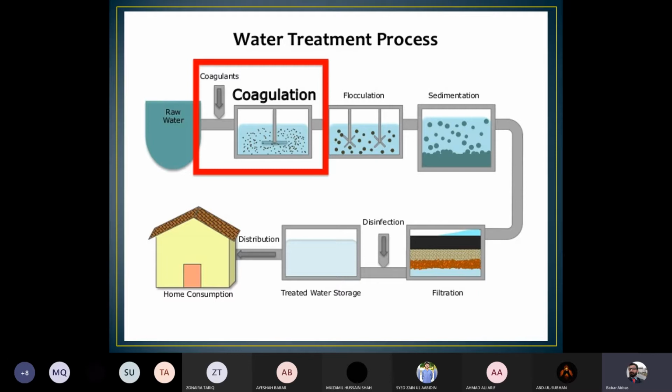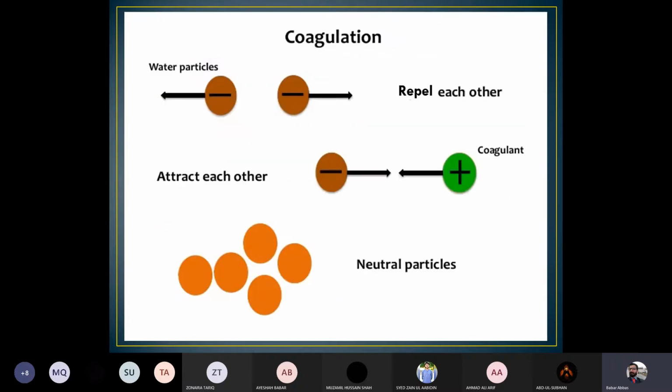The basic definition of coagulation is the rapid mixing of chemicals in the water, which is then sent to the flocculation tank where the other processes occur, which will be discussed in later stages. And as far as coagulation is concerned,